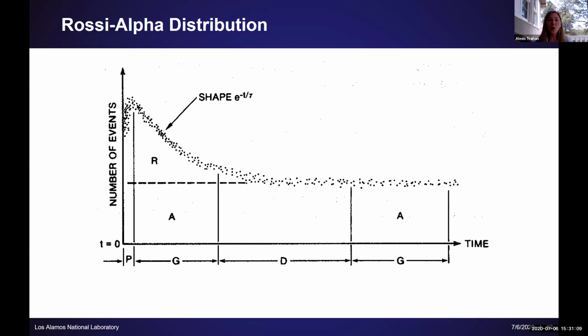And so what we do is, by looking at this Rossi alpha distribution, the x-axis here is labeled time, but it's actually time between neutron detections. So we say that some neutron detection happened at time 0, and then some second neutron detection happened at some other time, and that's what is marked on this distribution. That's what creates this histogram. Okay, so we're saying that there's only so much time that can elapse between two correlated neutron detections.